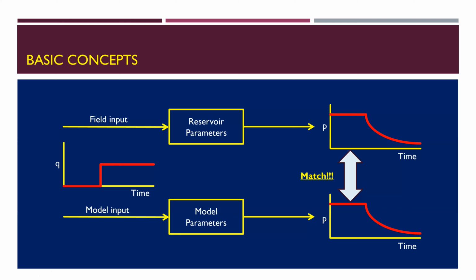The basic concept for well test analysis: we are dealing with an unknown reservoir, but we are aware of the input action, which is a variation in rate at surface, either putting the well on production for flowing or shutting the well in. The outcome, in terms of pressure response, is known as well. That means the two ends are known to us, and what is unknown is the reservoir parameters. And this is why we are using the